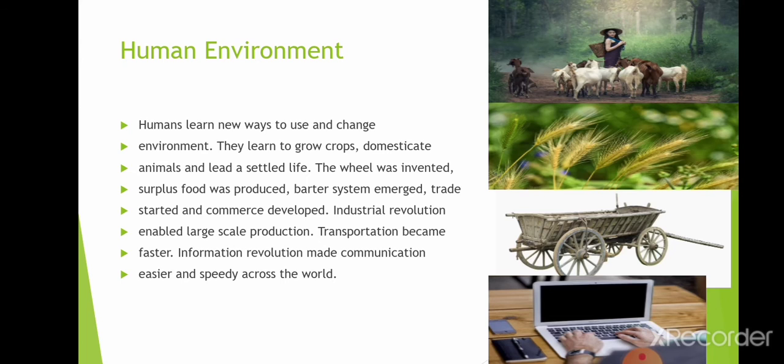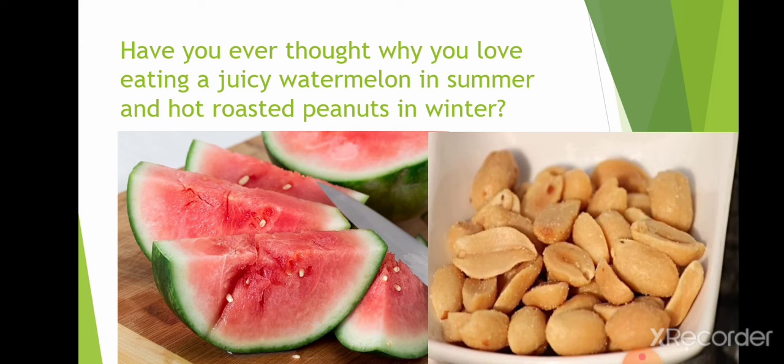Later on in human civilization, in the further classes children, you will study about the industrial revolution. Human beings started to make industries and mass production started in these industries. Transportation became very easy, information became very easy. All these things became possible, and to make all these things possible, it is required to do a lot of change in our surroundings, in our environment. So we have to do a lot with our environment, then these things become possible.